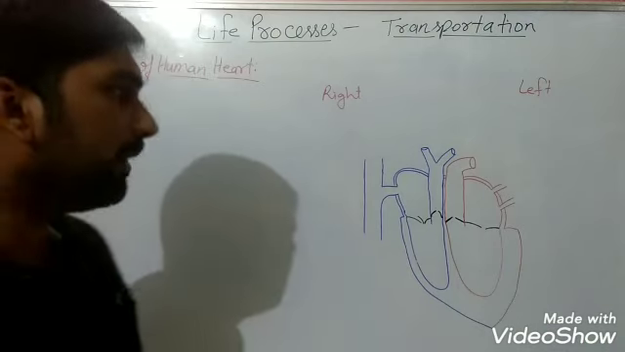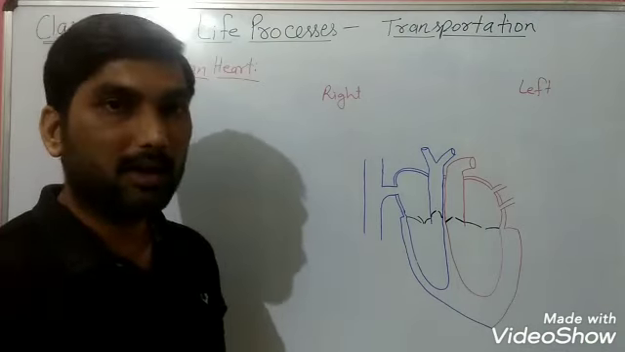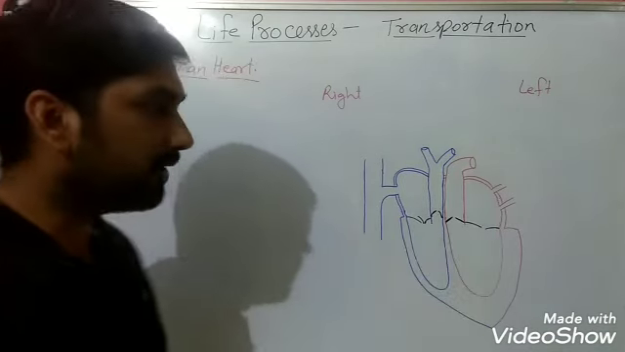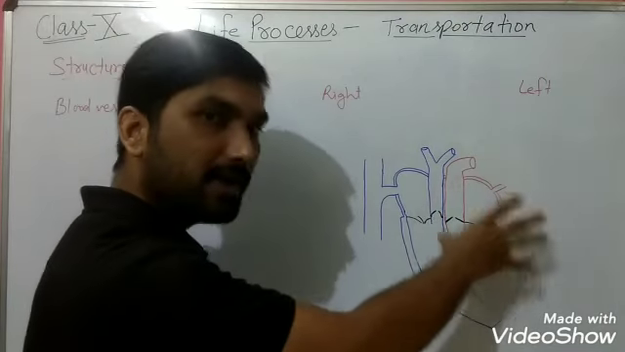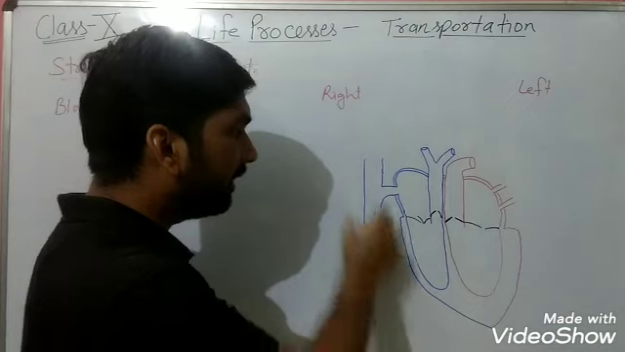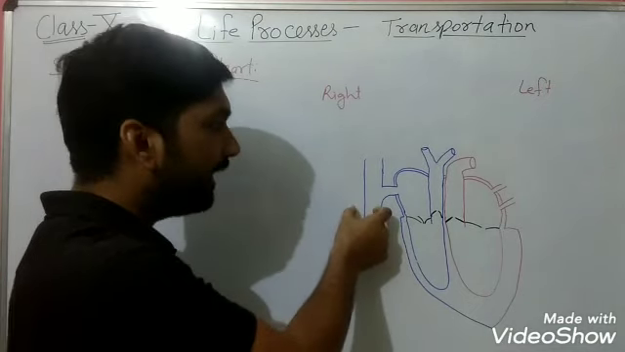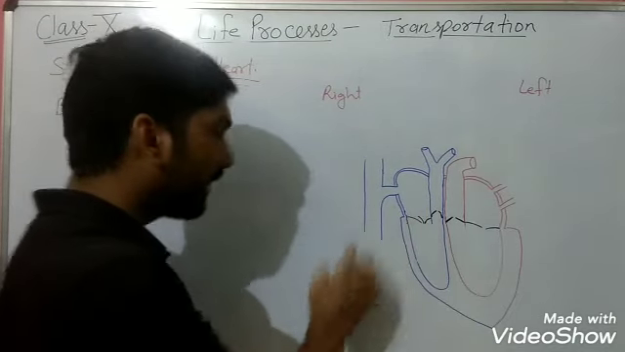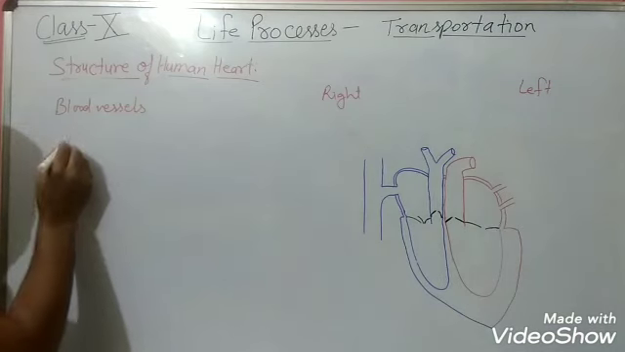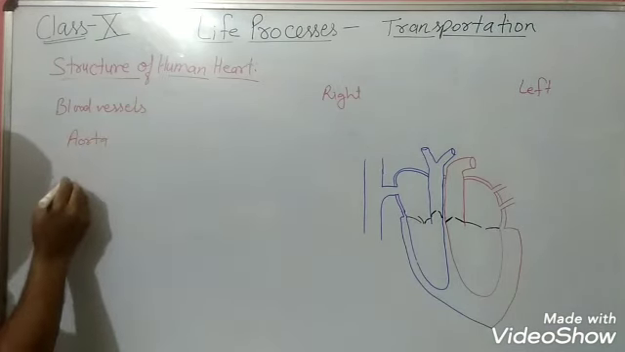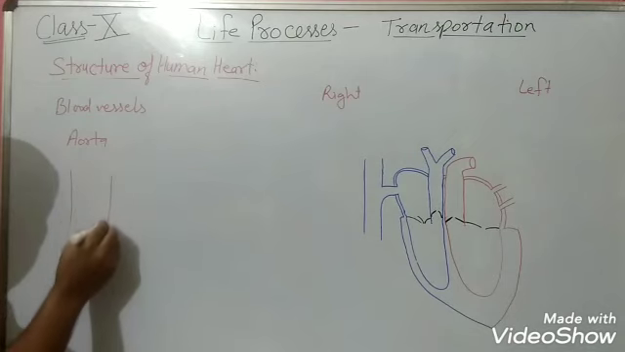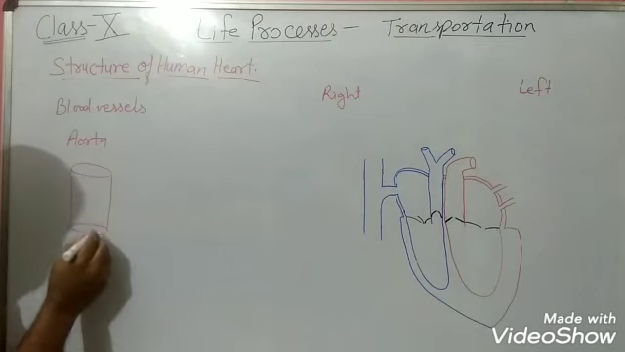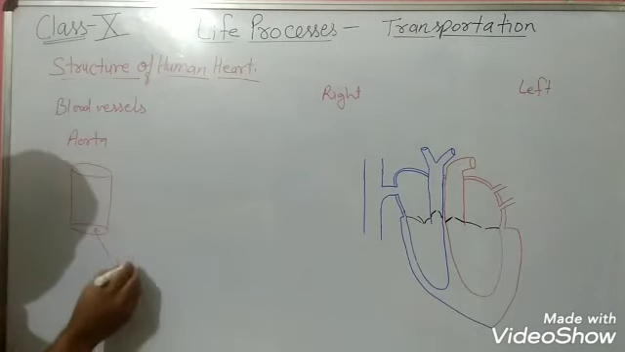But these arteries and veins are further divided into a few groups on the basis of their diameter. You can see here the main artery which is going to leave the left ventricle, how broad it is, and this is the main vein which is going to pour the blood into the right atrium, how broad it is. So suppose this broad blood vessel is what? Aorta, which is leaving the heart,